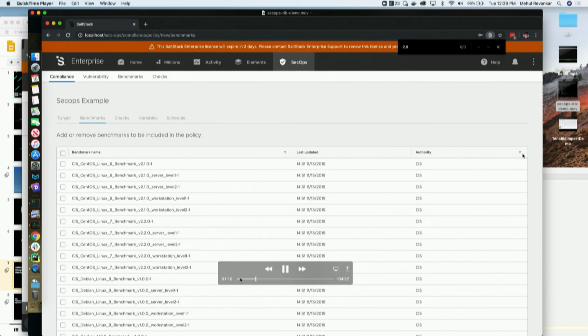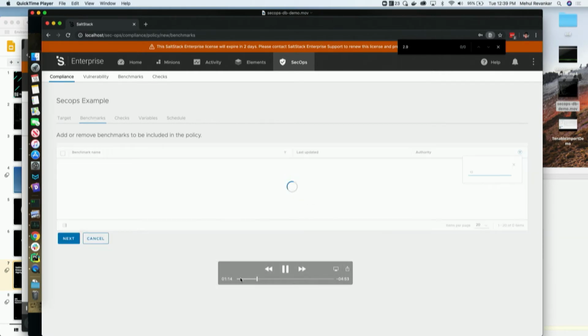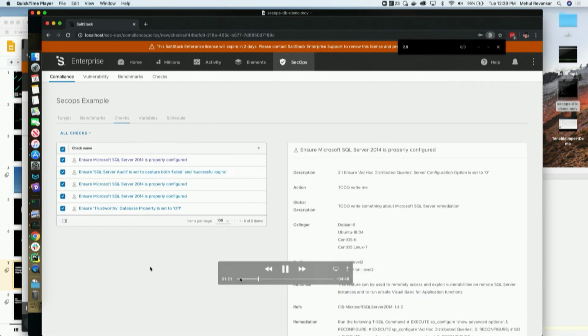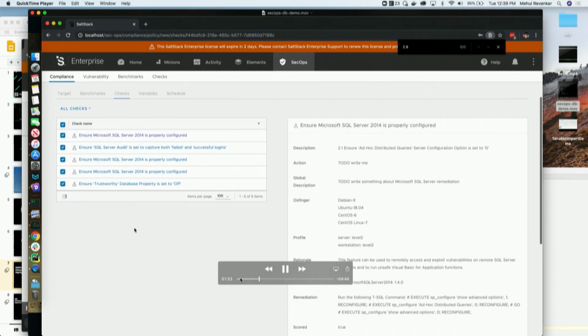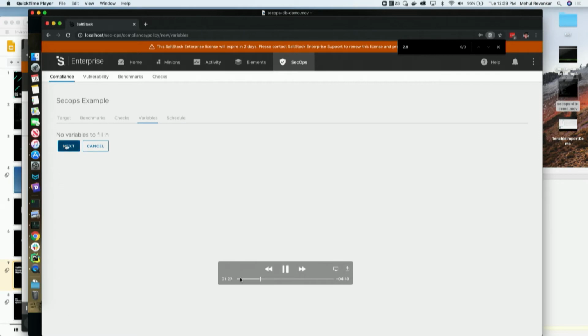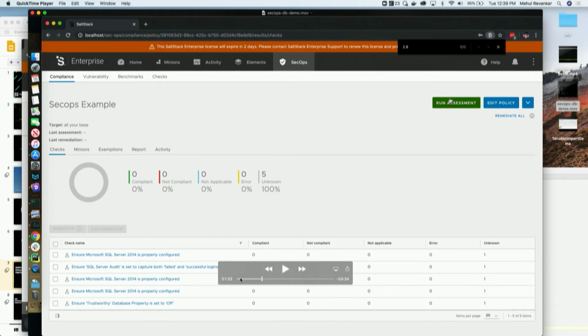So notice, once you upload the content, you now have the benchmark available. This is the content that we are building. It's not completely ready for GA yet, so we're still going through the content, but we have some initial content developed to validate this works. And once you have this content, you can start to run an assessment.